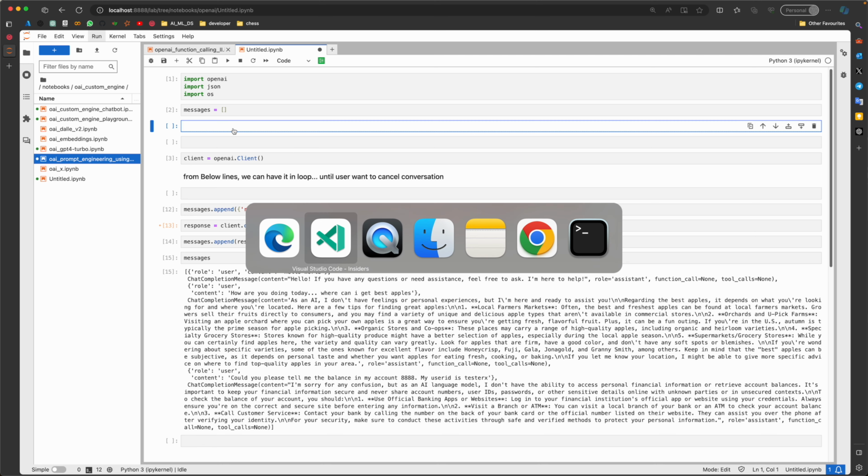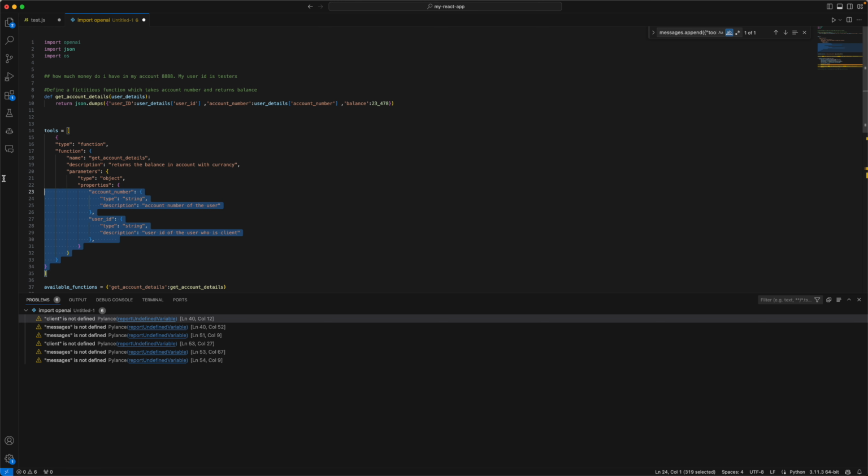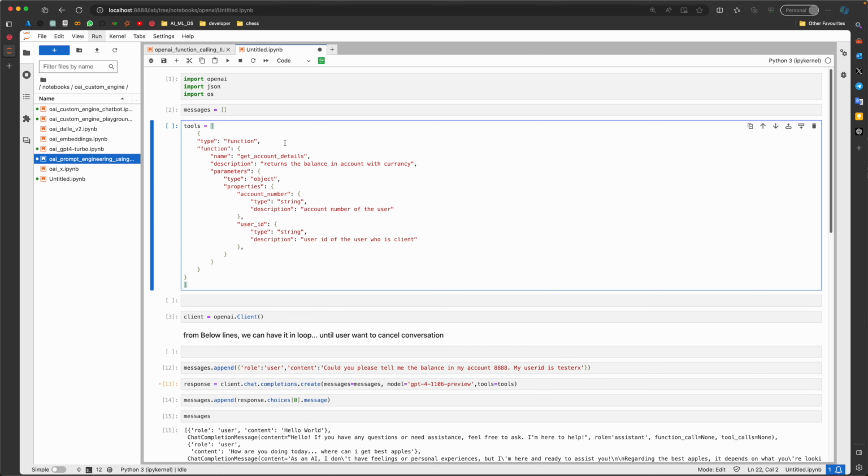Instead of typing, let me just copy it because I'm pretty sure I'll make a mistake. So tool is of type function. As of now, there is only one type of tool that is allowed to call. We cannot call code interpreter or anything else, at least in chat completion.